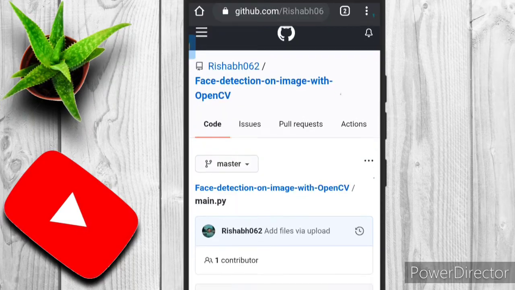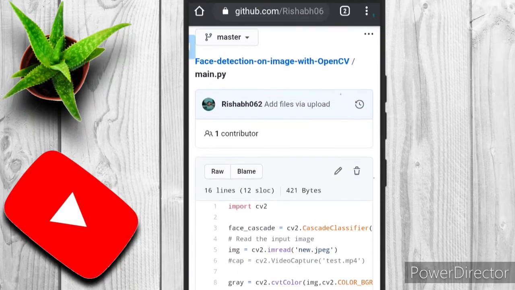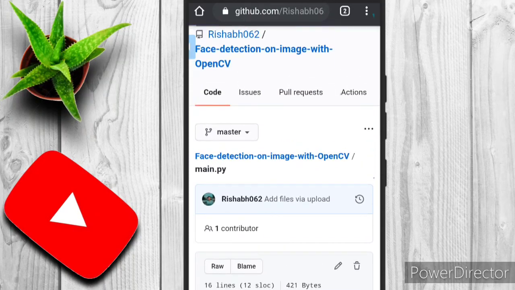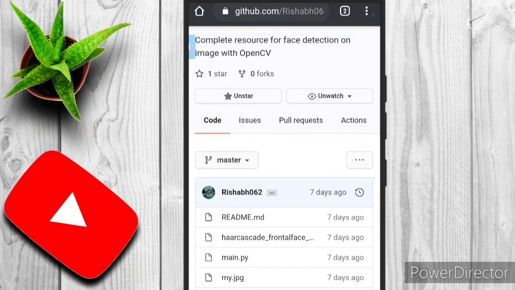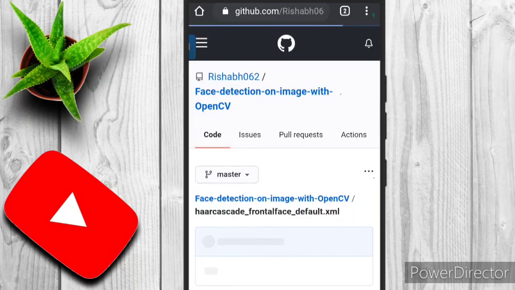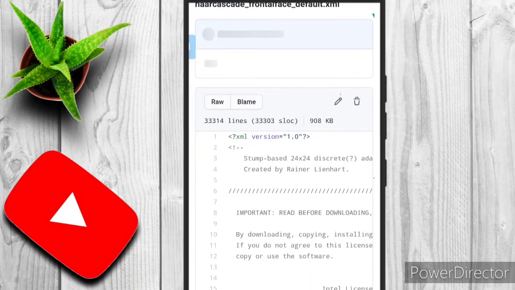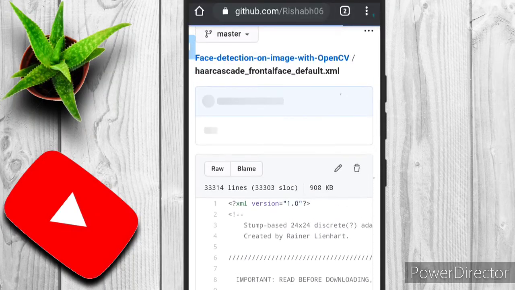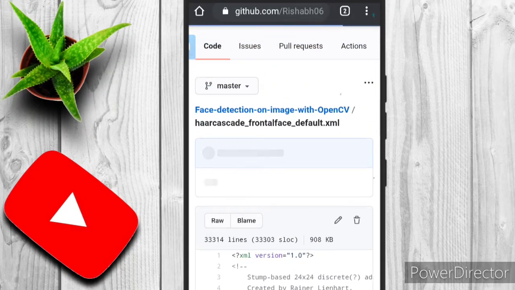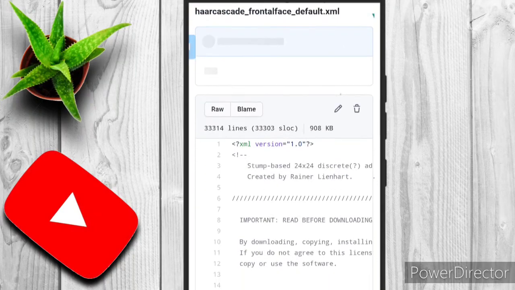So here is the complete code of nearly 16 lines. I was telling you how to import the Haar cascade file, because it's a very important part of our program. It is opening, and okay, so it is a Haar cascade file. It's an XML file. You need to do nothing, just click on the raw button, and after clicking it, there is a download option. You just download it and import it into the program.